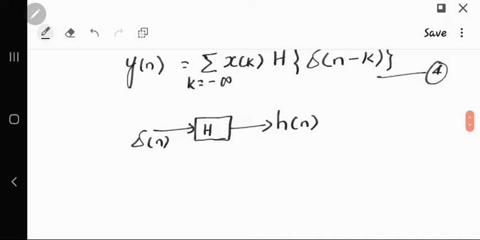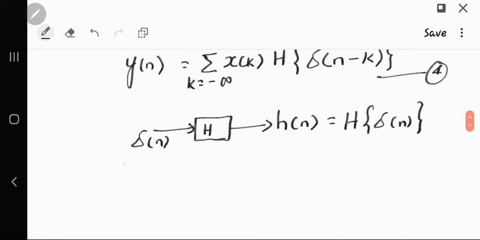So, for a system, if you apply an impulse function as an input, you get an output as impulse response h of n, and this h of n is represented in other ways like h of delta n, as in the previous case. Since the system possesses linearity and time invariance property, the time invariance property says whatever time shift you apply in the input results in the same time shift in the output. So whatever time shift I apply in the input, the same time shift will be applied at the output.